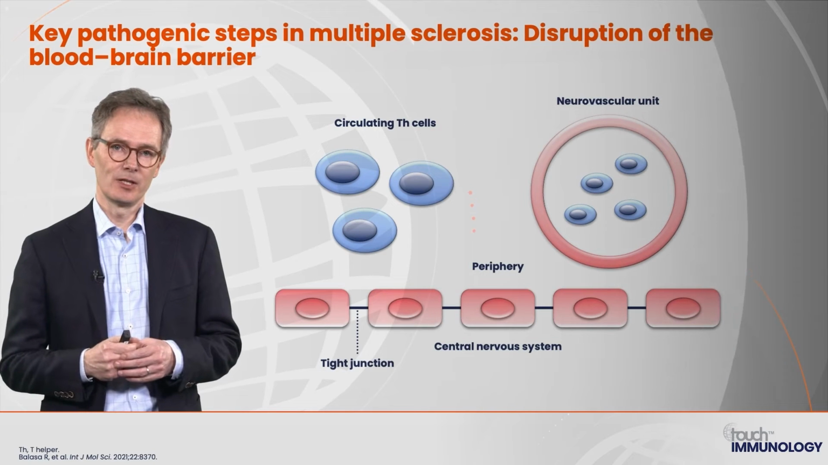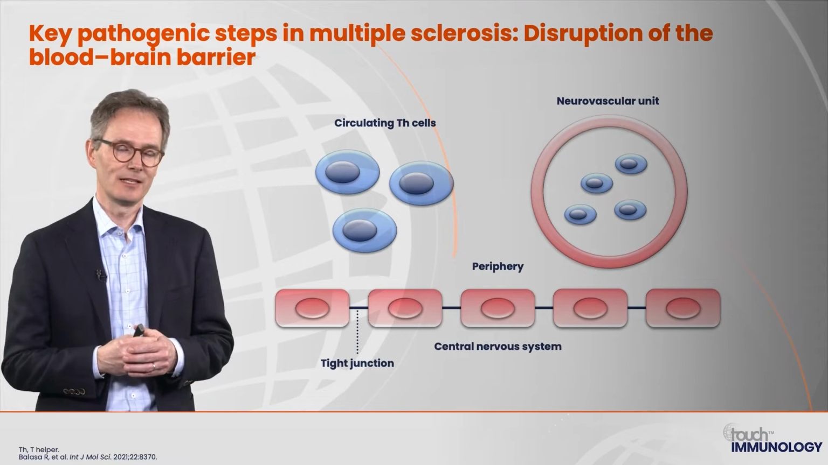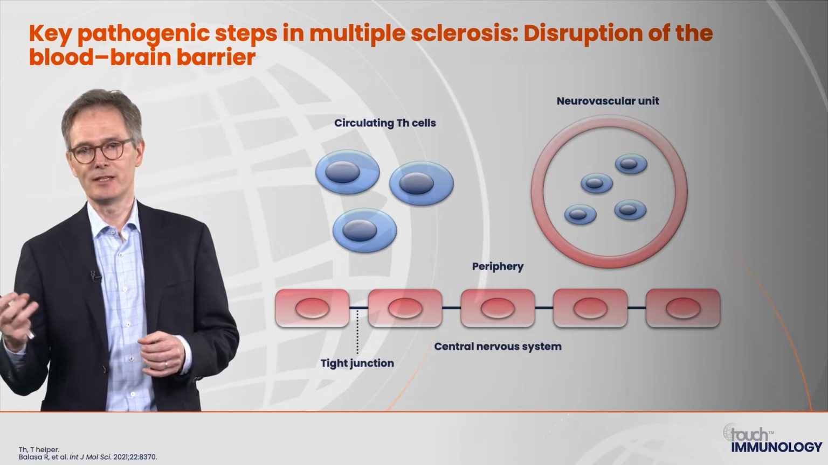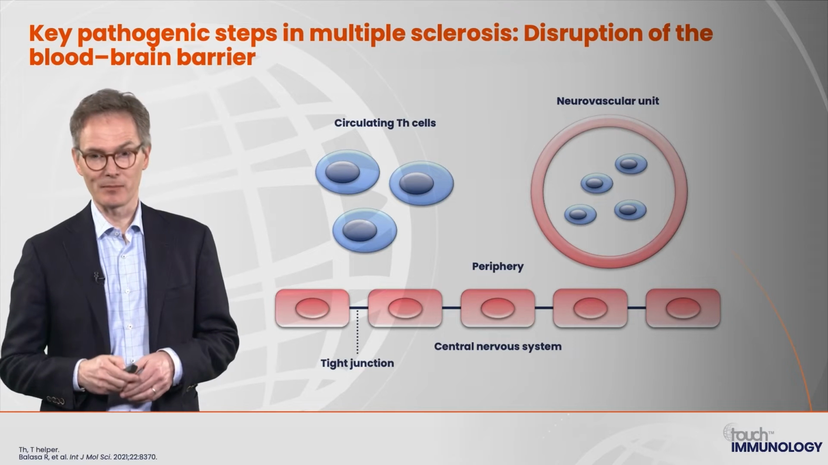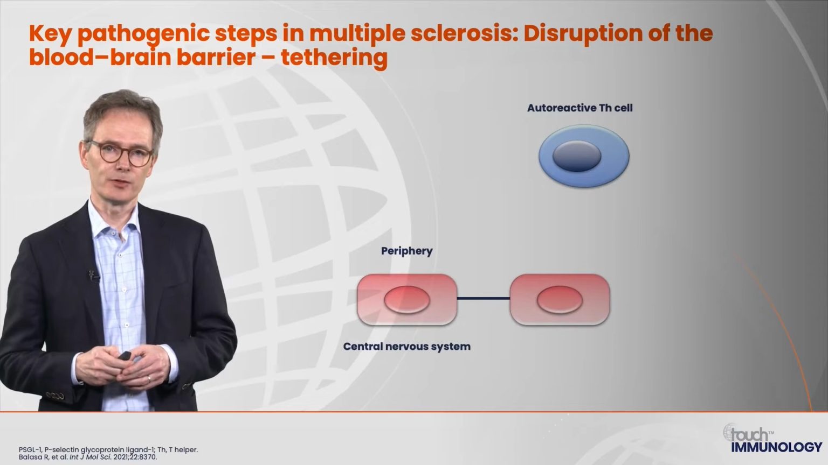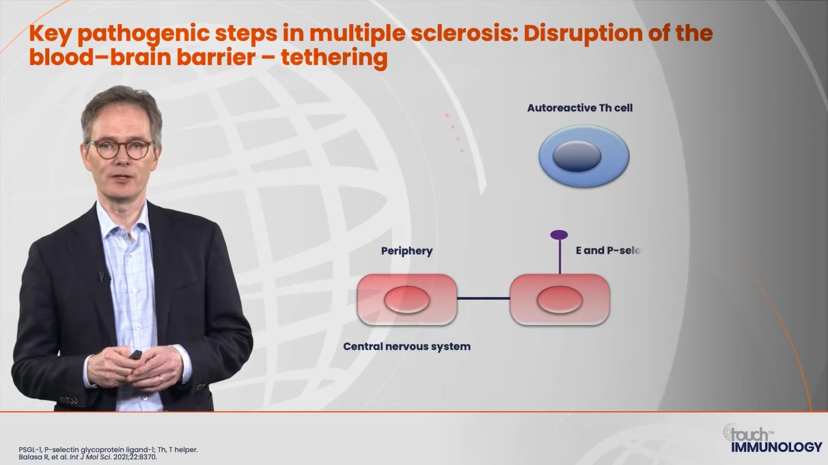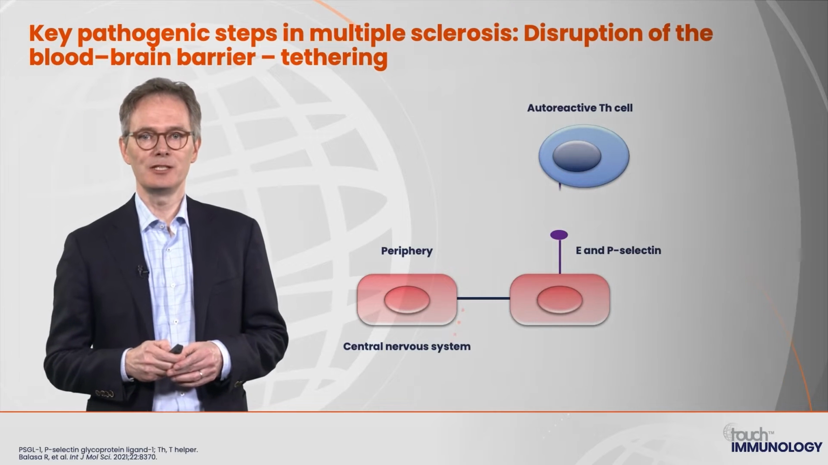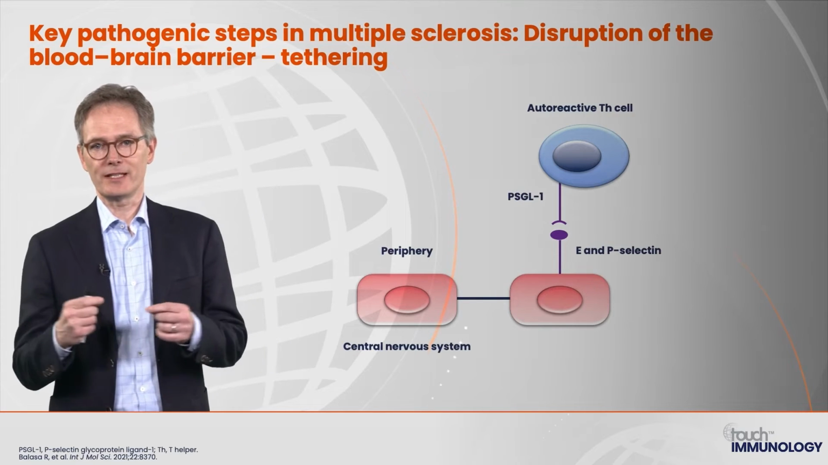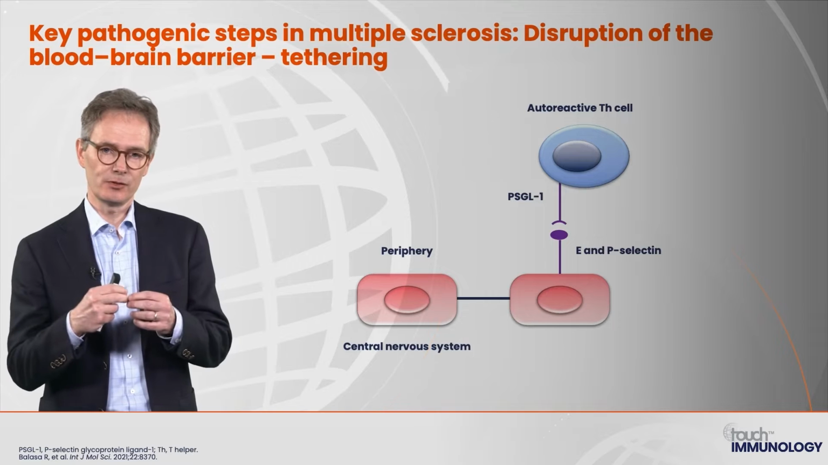into the brain. You also have to imagine that the blood cells run fast through the vessels, and they really have to get an anchor to stop and roll and then finally migrate through the blood-brain barrier. And therefore, they need certain molecules. An important first step for tethering is the expression of selectins on the endothelial cells and PSGL1 on the immune cells. So these two factors can interact, and then the T and the B cells can adhere to the endothelial